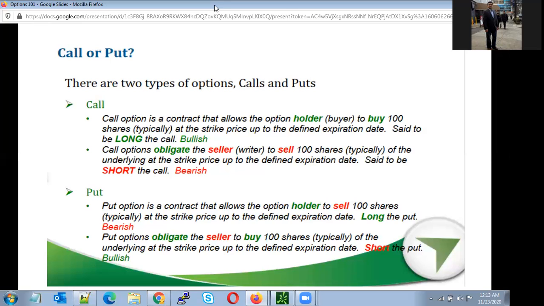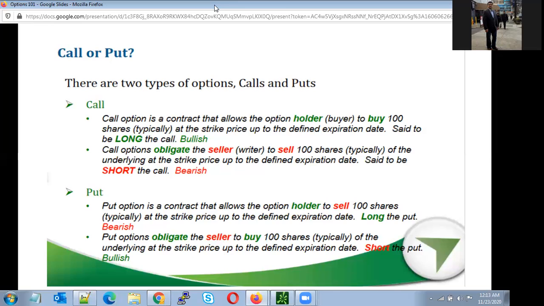So be very careful when you are selling. For me, a basic rule: don't sell a call alone. Don't sell the call when you are in the market. If you are selling a call, I will show you how to sell it, but only selling is not going to help. You can always buy a call, that's fine, no problem. If it goes up, you will make a lot of money, but you can't sell a call only. You should be very careful.